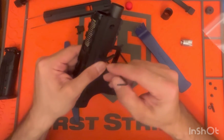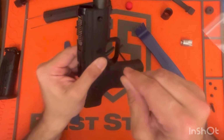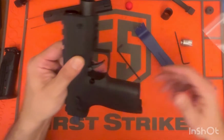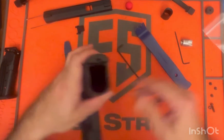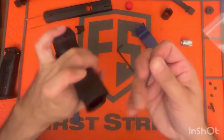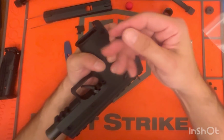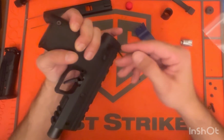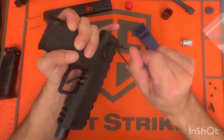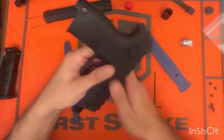Well, my core temperature went up a little bit there. I'm just going to snug this one down. And what I'll do is retighten these back ones that I just loosened off, and I'm just going to snug them. I'm not going to go for the gusto right now, because I just want to make sure once I get it all pieced back together